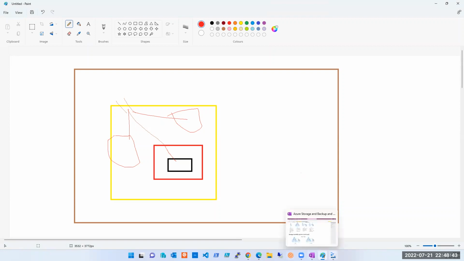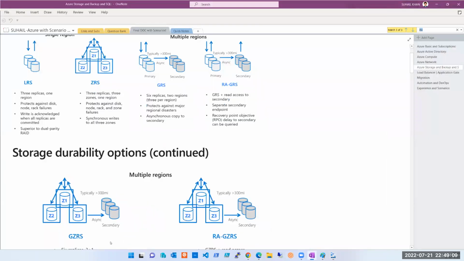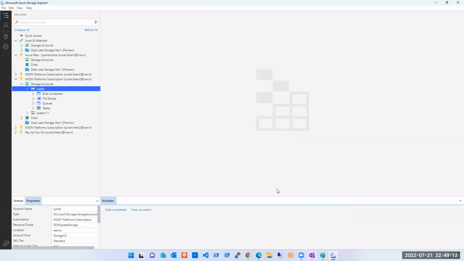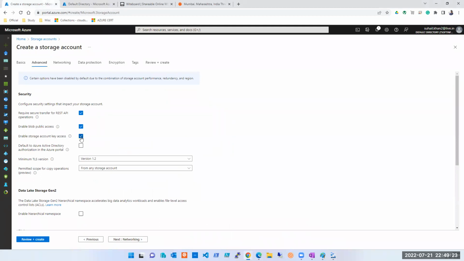So coming back to this one, that is the reason I am able to see this. But not everyone will have access, right? You won't give everyone access at the subscription level. Let's say Kumail has created one storage account and wants to give access to Juhi, but Kumail himself doesn't have the access to give her the whole subscription. So what is the other option? There is an option of key access, where you can share a key, and using that key the other person will be able to access your storage account. If you want that enabled, you keep this checked. If you don't want keys, you keep it unchecked.